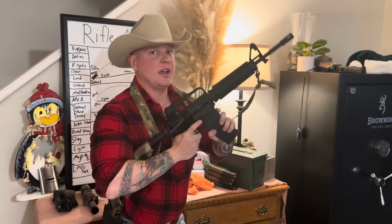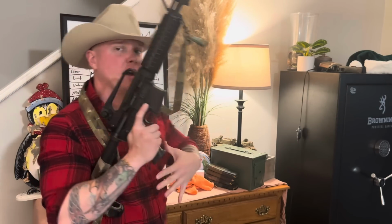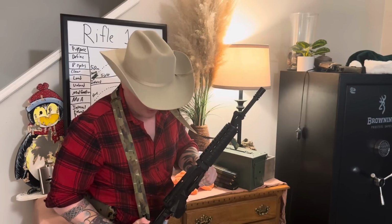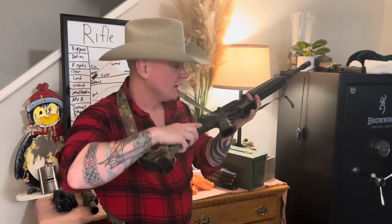It won't go on safe. Remove the source of feed and secure it. Not in my flick. If I'm wearing a flick, do not secure it in your flick. Lock the bolt to the rear. Place the weapon on safe if it didn't go the first time. Inspect,